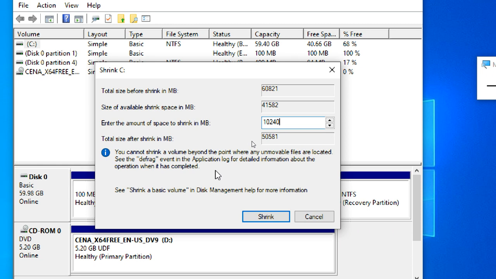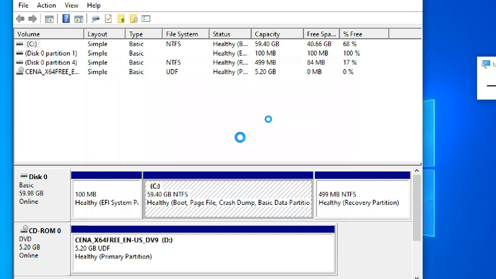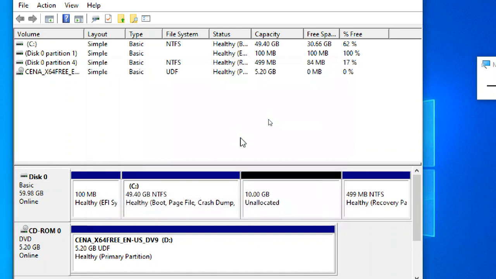If you cannot shrink more volume, even though it shows more is available, better defrag before you shrink the volume. Since this is a new PC, there is no need for defragmentation. But if it has been in use for many days, better to defrag first, then use Shrink Volume, because the adjustment will occur.